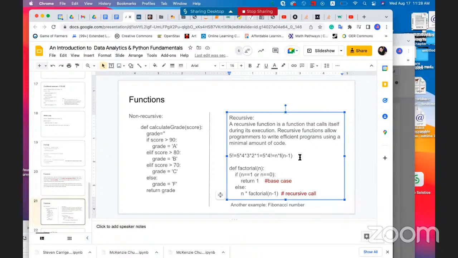We stop when n equals 1 or 0. So in a factorial, in a recursive function, there are two components. One is the base case. It tells the function when it should stop. And the second one is the recursive call. It tells the function the relationship between n and n minus 1. So for example, here,